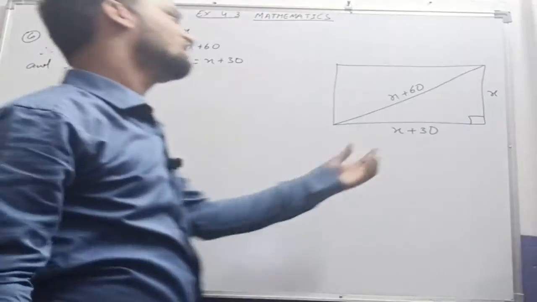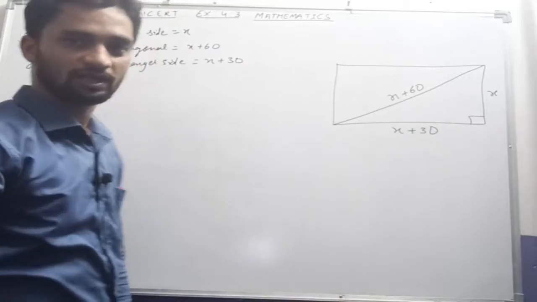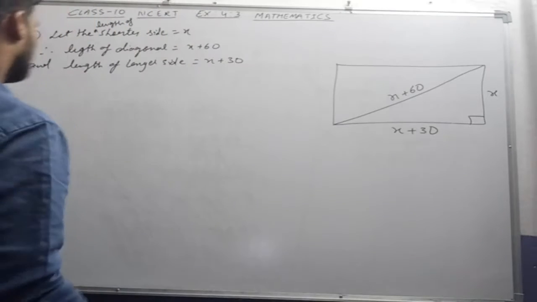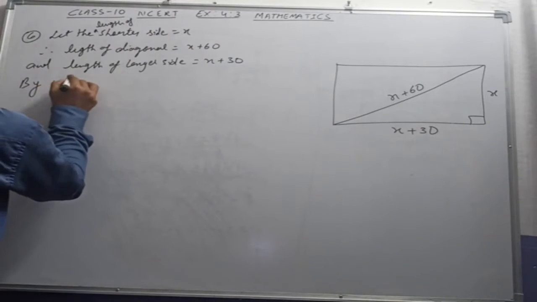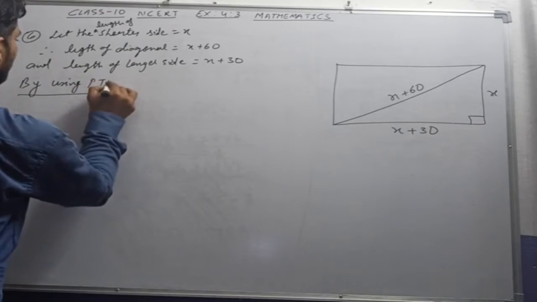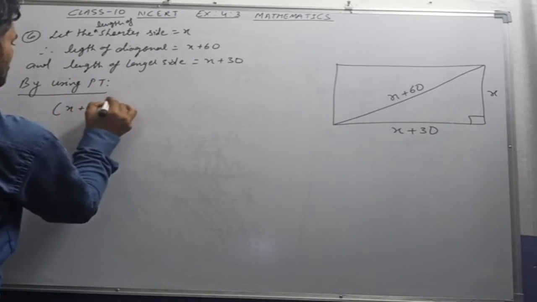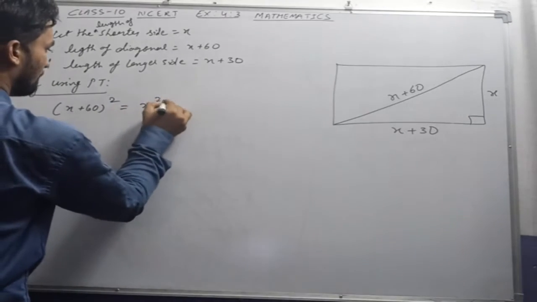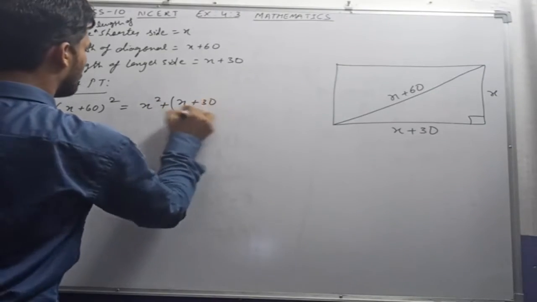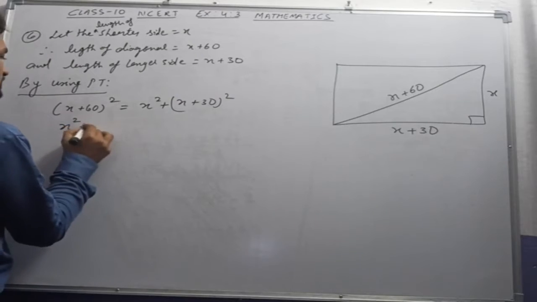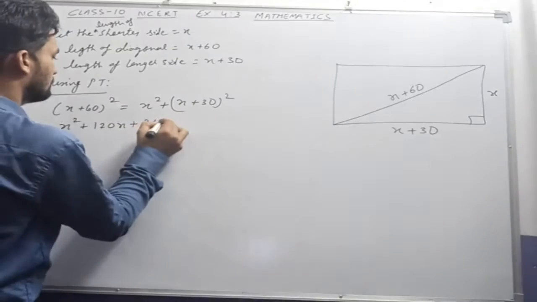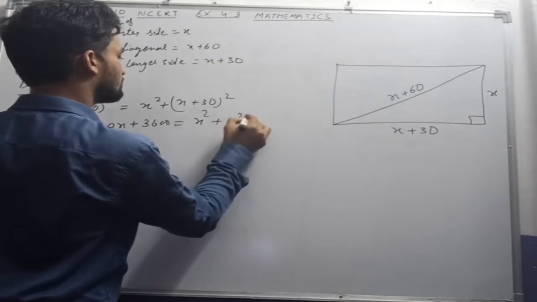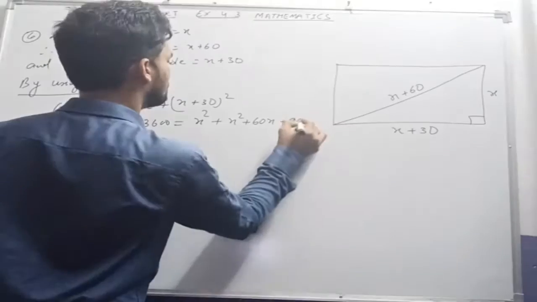So this is a right angle triangle. And in the study I told you, in a right angle triangle what are we generally using? We are using the Pythagoras theorem. So by using Pythagoras theorem, X plus 60, opposite to 90 degrees, is the hypotenuse. So X plus 60, H square is equal to P square plus B square. This will be a square plus 2ab plus b square is equal to, here also X square plus 2ab plus b square.